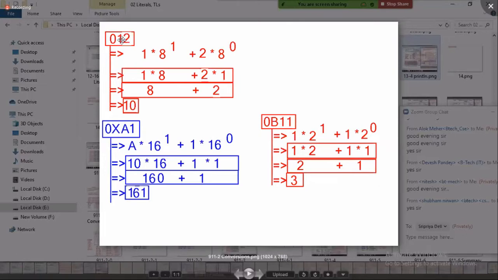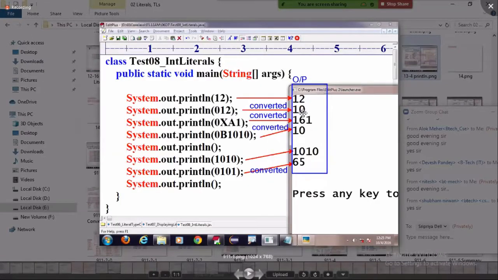Divide them into digits 1 and 2. Then you have to multiply by 8 power 0, 8 power 1, 8 power 2, 8 power 3, from right to left. 2 into 8 power 0, 1 into 8 power 1. So 1 into 8 is 8, plus 2 into 1, that is 2. 8 plus 2, the total value is what? 10. Understand how 10 is coming?